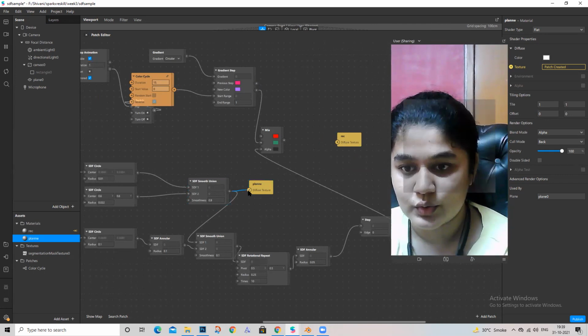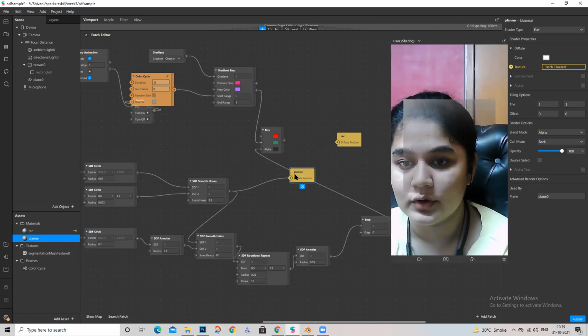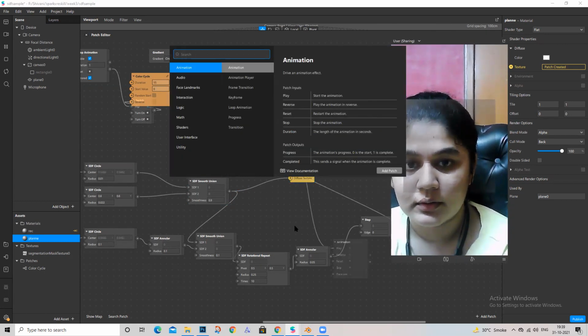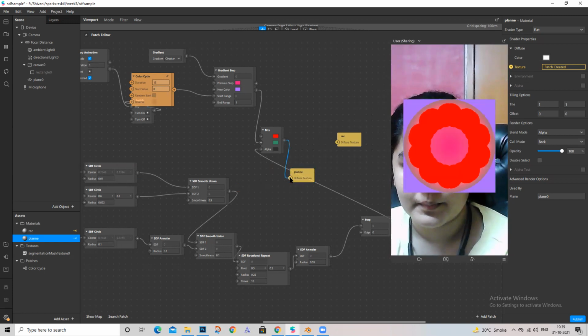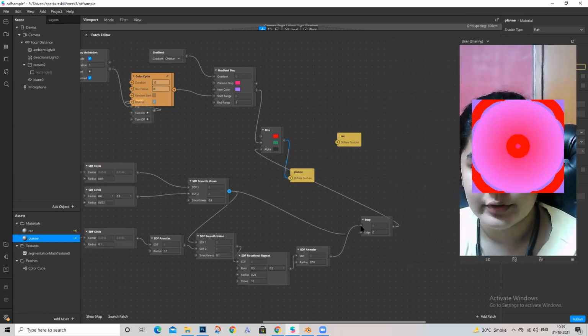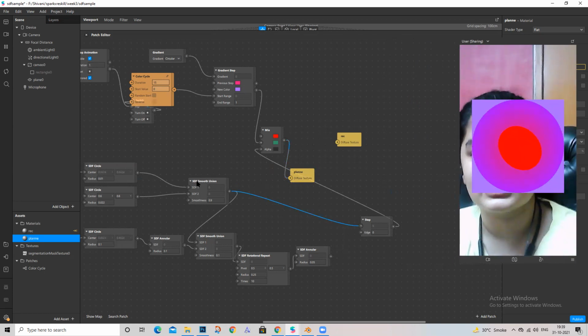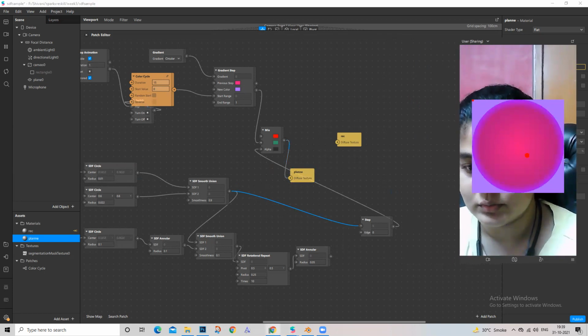So what Smooth Union does is, what I'll show you. So it has to be. Hold on a second. So I'm just going to connect this to step. So you can see these 2.